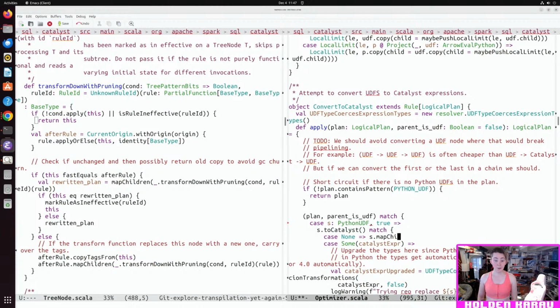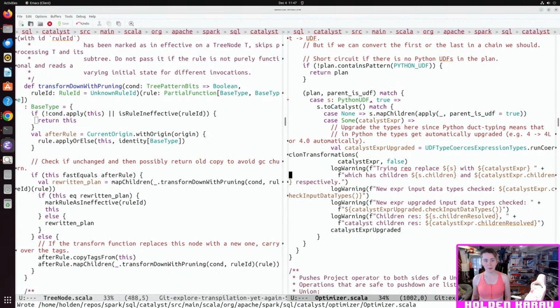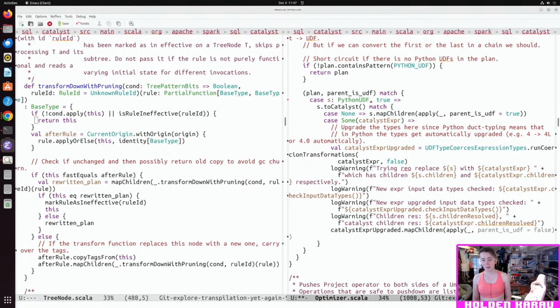Map children by underscore parent is UDF is equal to true. Otherwise here, catalyst expression dot map children apply, parent is UDF is equal to false.